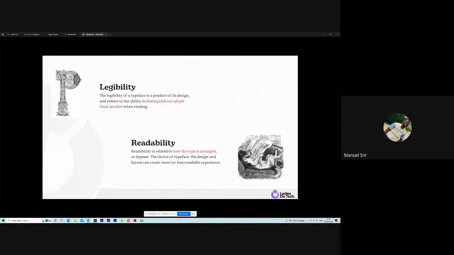So for legibility, your type scale has to be legible. Whatever font you decide to choose, whatever type scale you decide to choose, it has to be legible enough so people can see what you are saying at each point in time, right? It also has to be readable. Now, I would not want to strain my eyes when reading your content, especially when you are working on digital